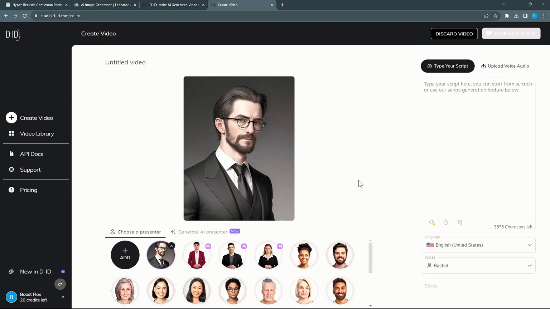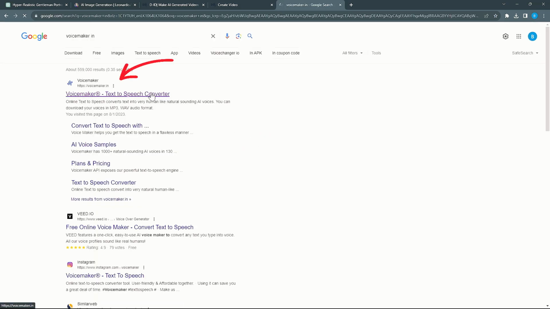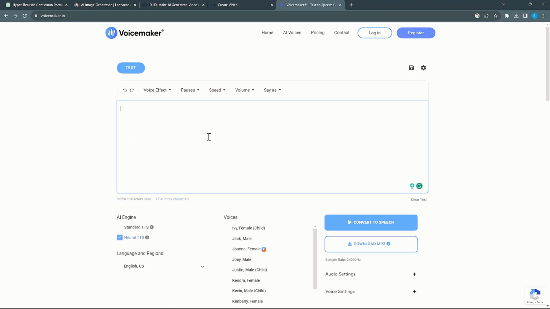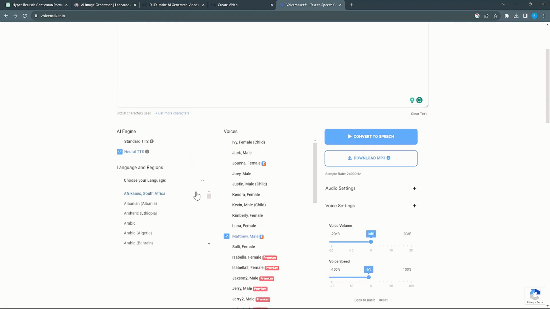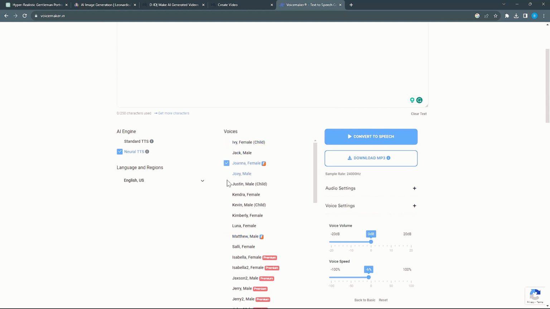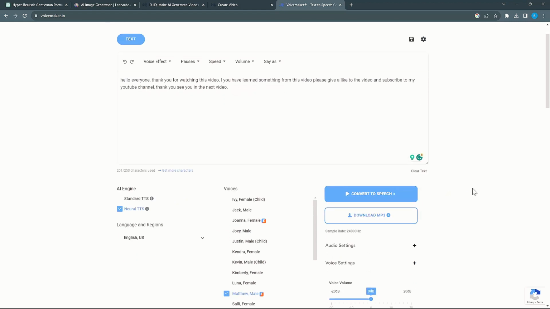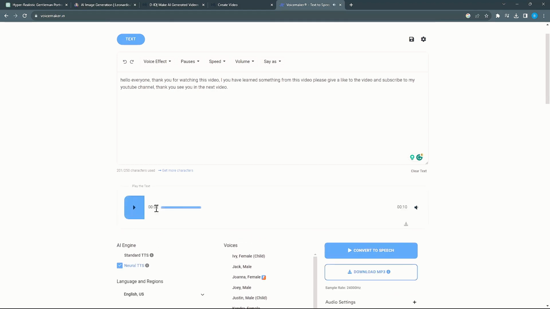Now we should add a voiceover to our image to bring life to it. For that, open a new Chrome window and search for VoiceMaker. This is a free text-to-speech converting website. Here you can change the language, and from here you can change the voice. In here, you should type your text to convert it to audio. Once you have done that, click on this Convert Speech, and you can listen to the audio and you can